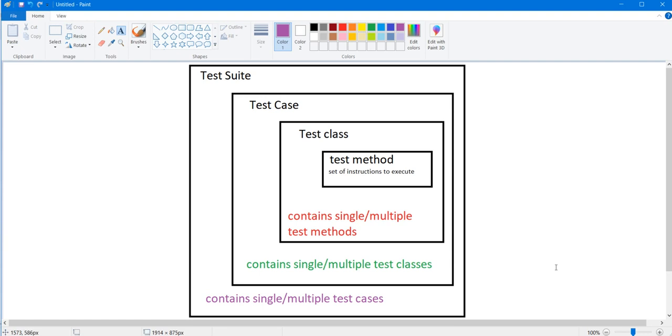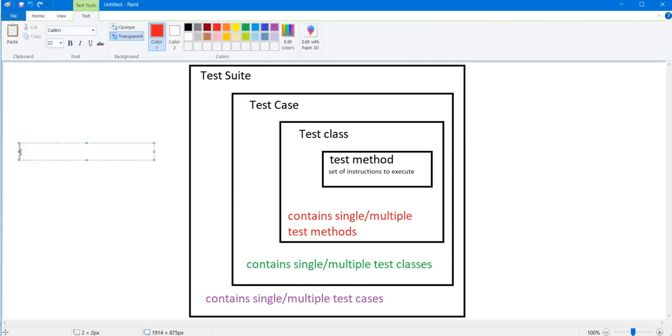So this is a hierarchy that you need to know, and this whole hierarchy is named as the hierarchy in TestNG.